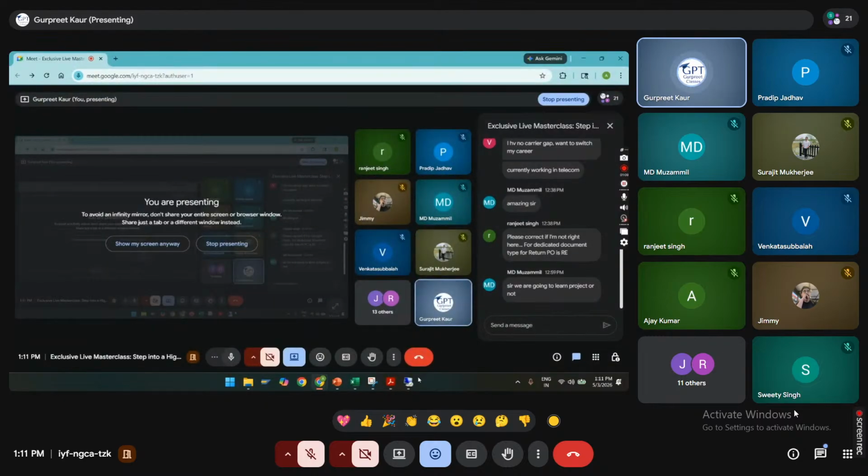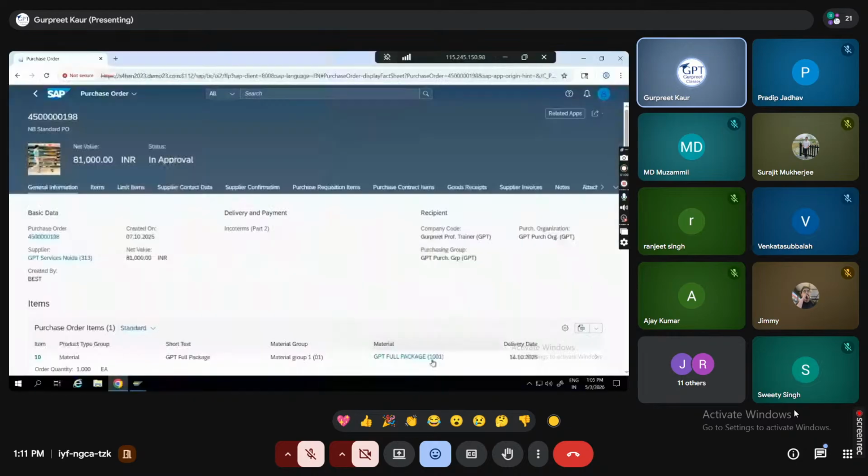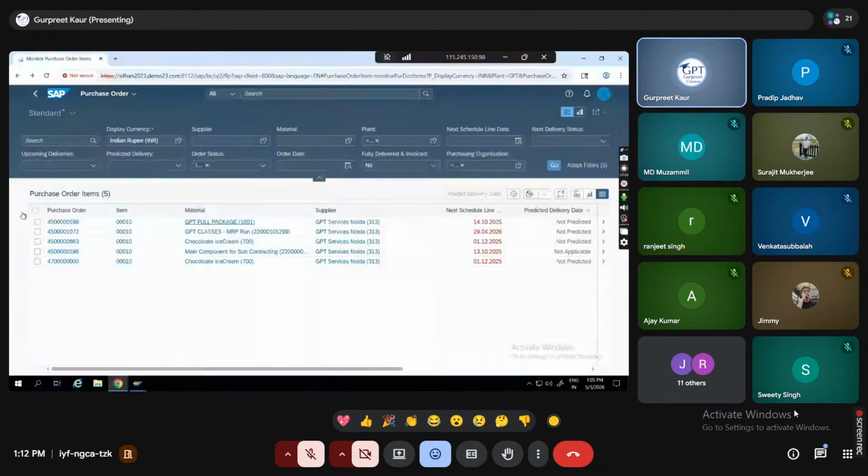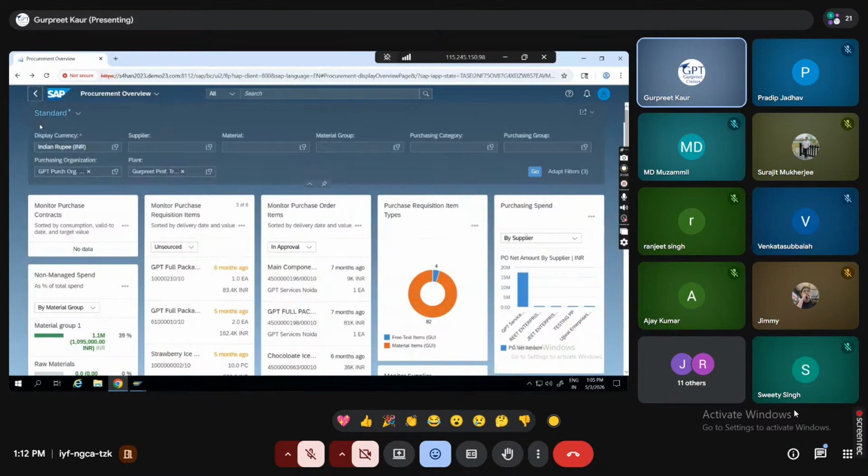I have already shown you some of the practical things. In Fiori also, we have 3 things. One is transactional apps, where on the web page itself we can create a purchase order, proceed with goods receipts, go with invoice verification, and create vendor master and customer master within Fiori itself. This is what I have shown you. This is the analytical app, and the page you can see as a purchase order is a fact sheet.